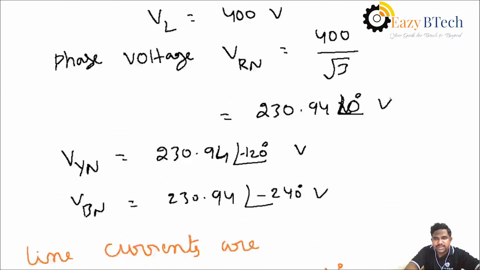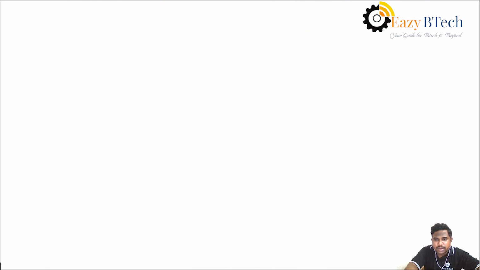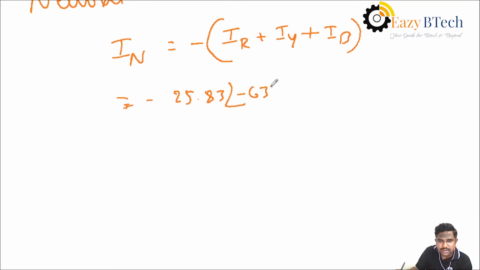Here, the neutral wire is there. Then IN equal to minus of IR plus IY plus IB. We know the values of IR, IY, IB. Then what is the IR value in polar form? 25.83 at an angle minus 63.4